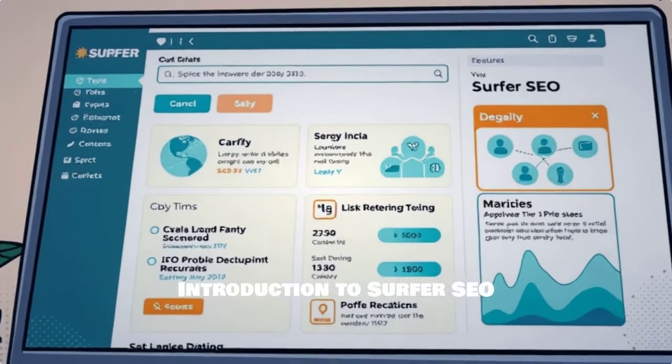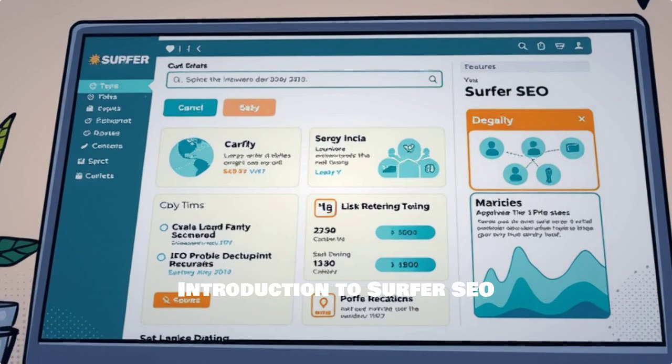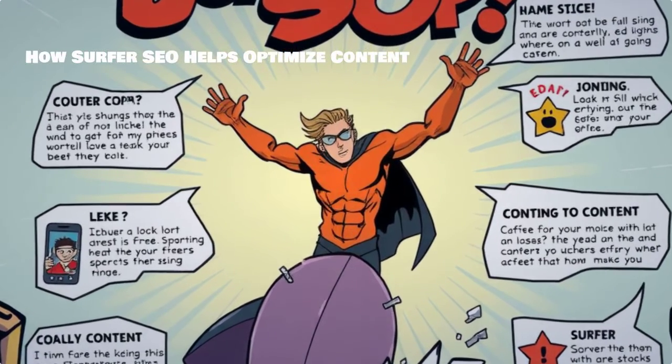First up, Surf for SEO. This innovative tool provides a comprehensive suite of features tailored for blog optimization. Surf for SEO streamlines your content optimization process, helping you analyze and adjust your articles effectively to rank higher in